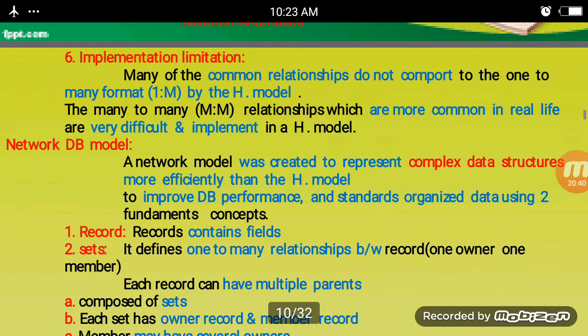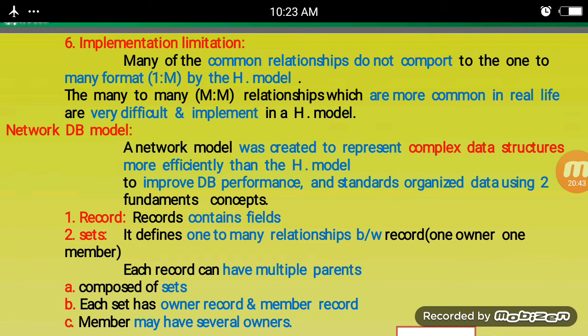And then one more is there, implementation limitation. Many of the common relationships do not convert to the one-to-many relationship in the hierarchical model.